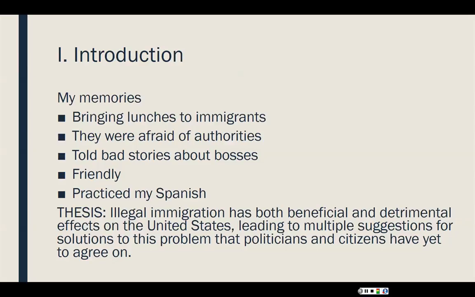We do want to end that introduction with a thesis. We've decided this paper is just exploratory, so it's informative. We don't have a clear argument. So our thesis in this case needs to give this as an exploration of both the benefits, drawbacks, and possible solutions. So basically it's just saying here are some things that are the situation